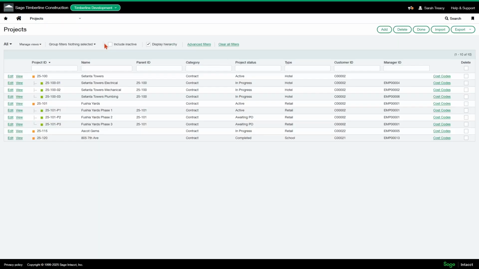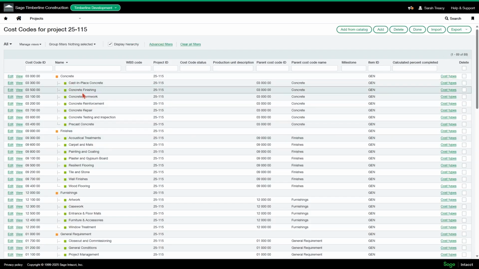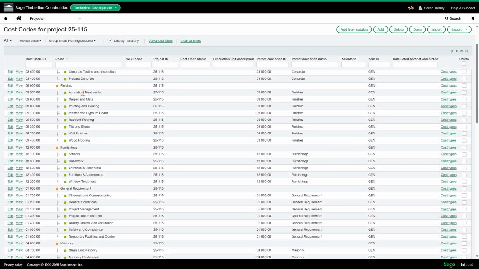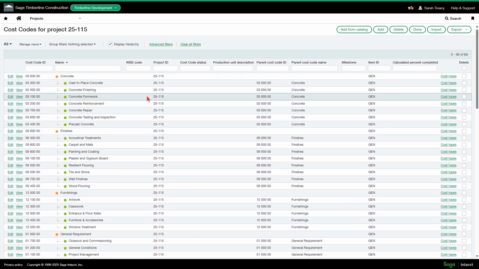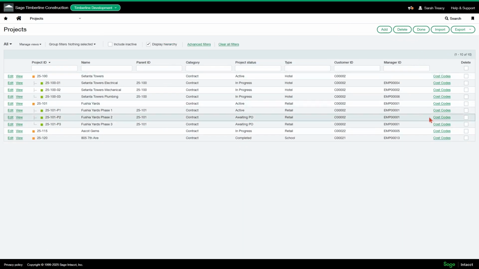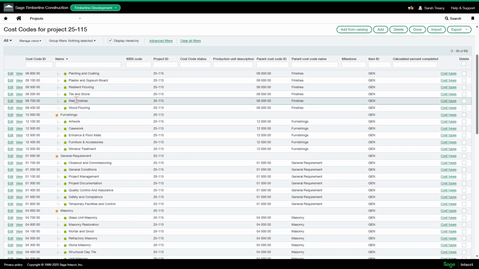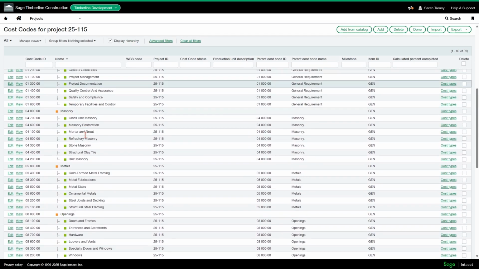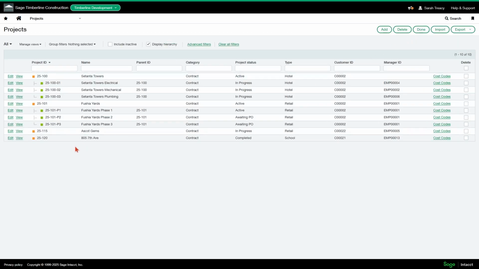You have to have cost codes associated with projects in Intacct. So let's say on my Ascot Gems, if I look at the cost codes that are assigned to that project, I think I brought in not all of them, but nearly all of my cost codes for this project. So that's, let's say if I was a general contractor, I would bring in my concrete, my drywall, masonry, metals, etc. And then if I was